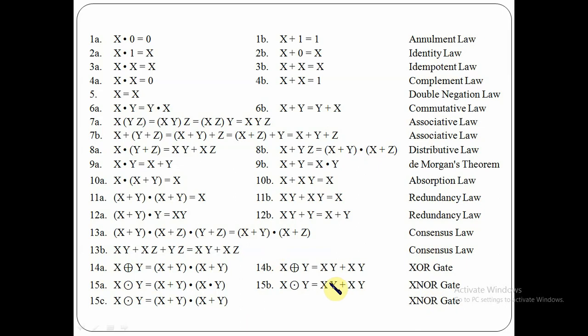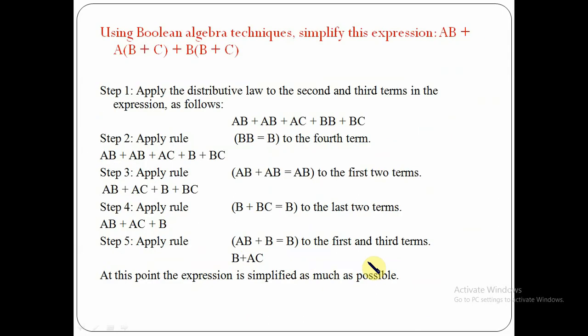For XOR, X XOR Y is written as X Y bar plus X bar Y. Those laws will be given here, and they will be helpful to reduce the sum equation. Here we take the example: simplify the expression AB plus